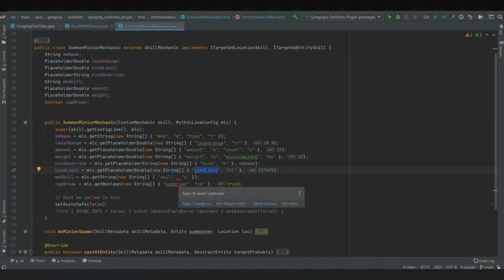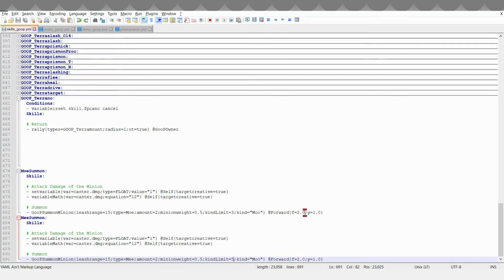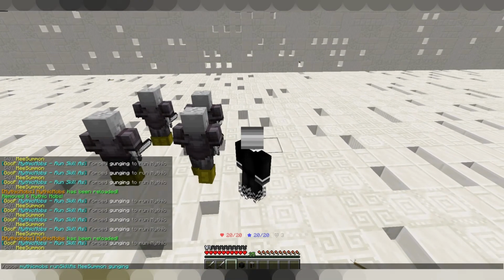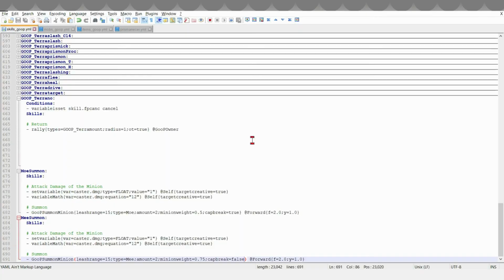The next one is cap break, which is true by default. So this stuff is basically saying cap break goes through. Let me copy that, paste it here. And I'm just going to remove all the kind limit stuff. We don't need that here. Cap break is exclusively for the max minion capacity stuff. And let's just make it false for Mi. So Mi, it's not doing anything, the skill, because